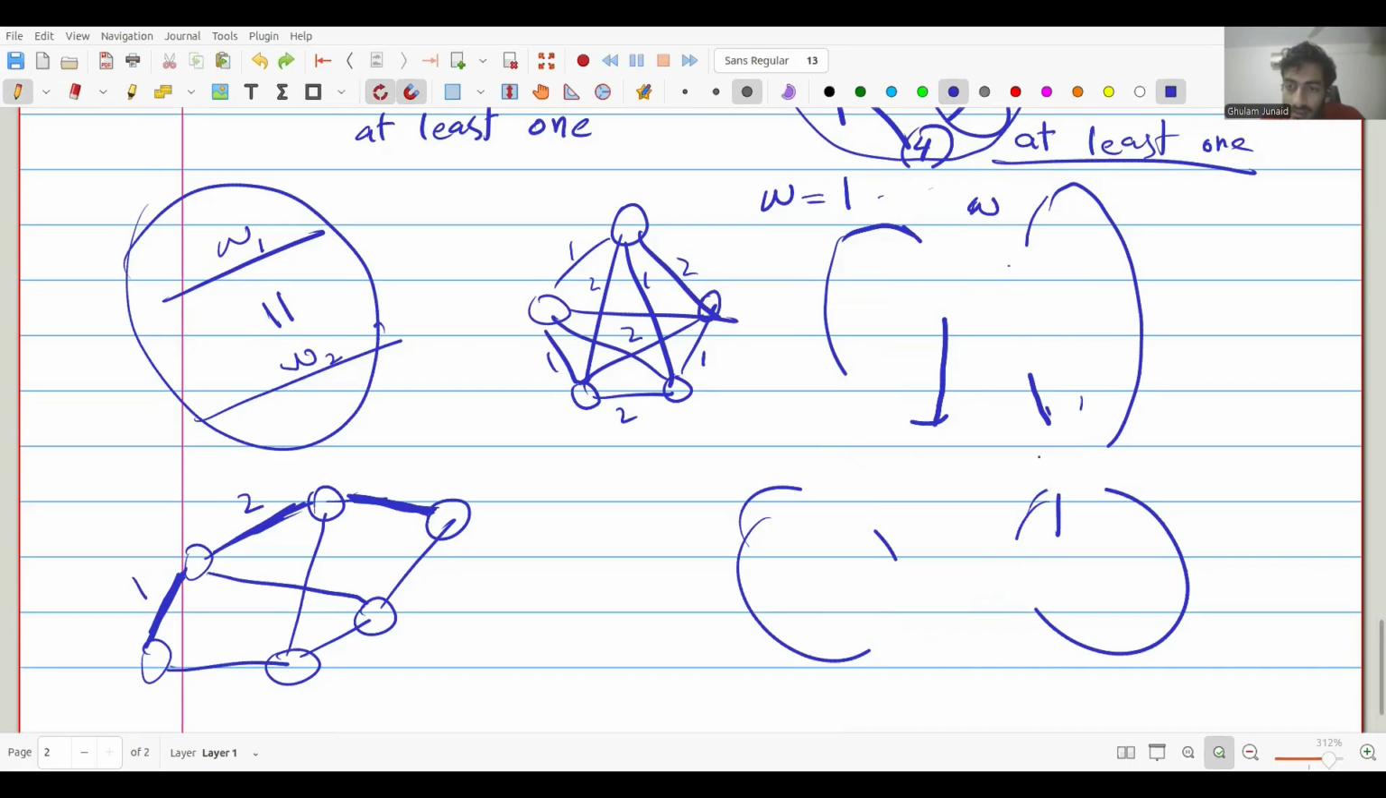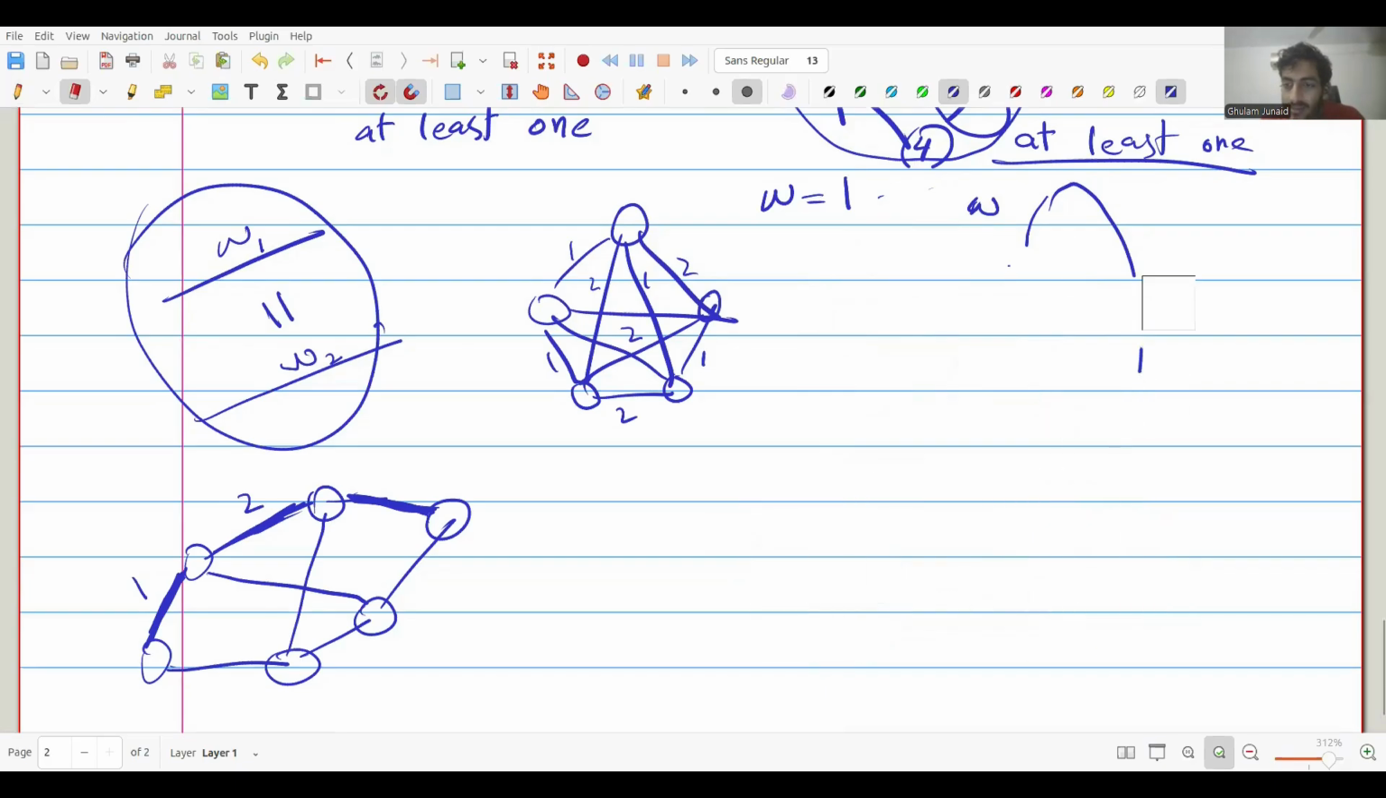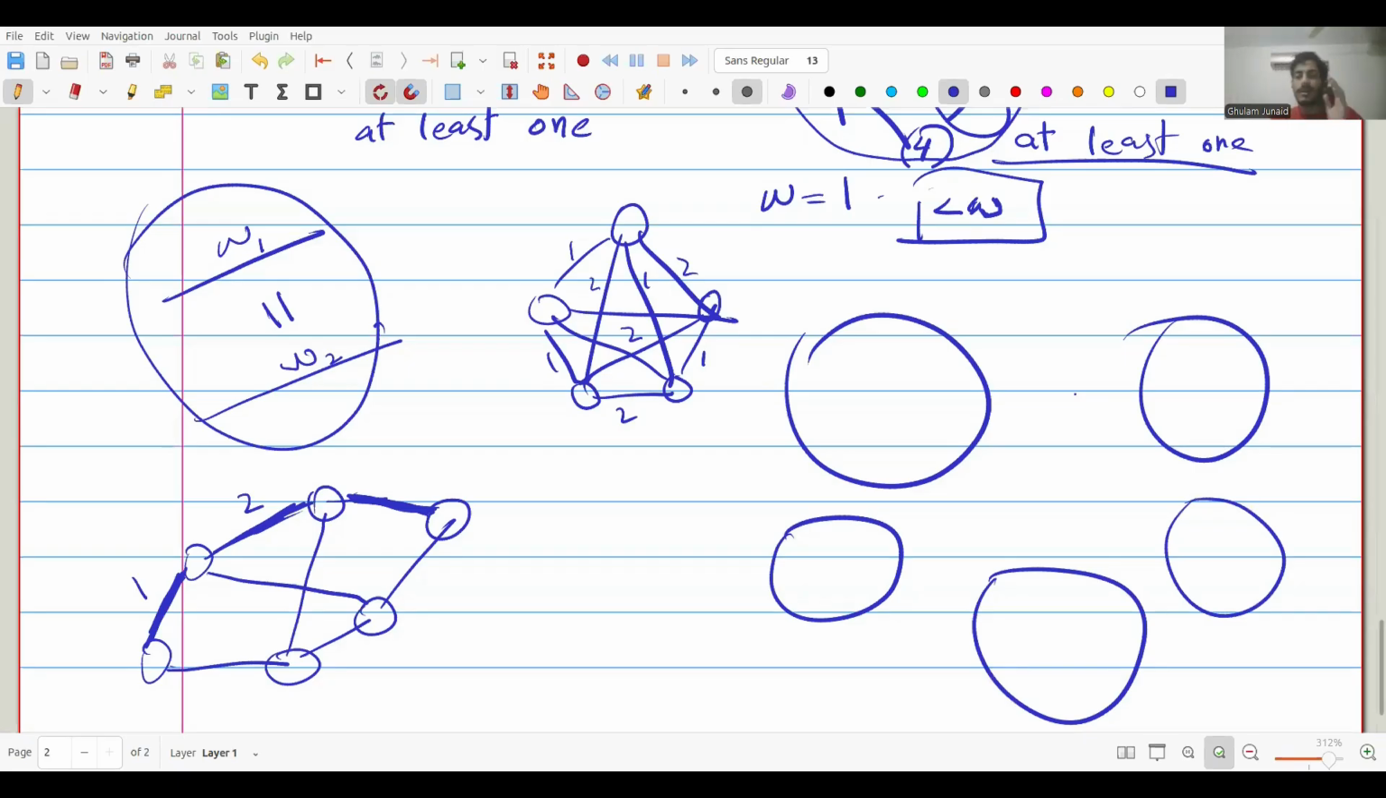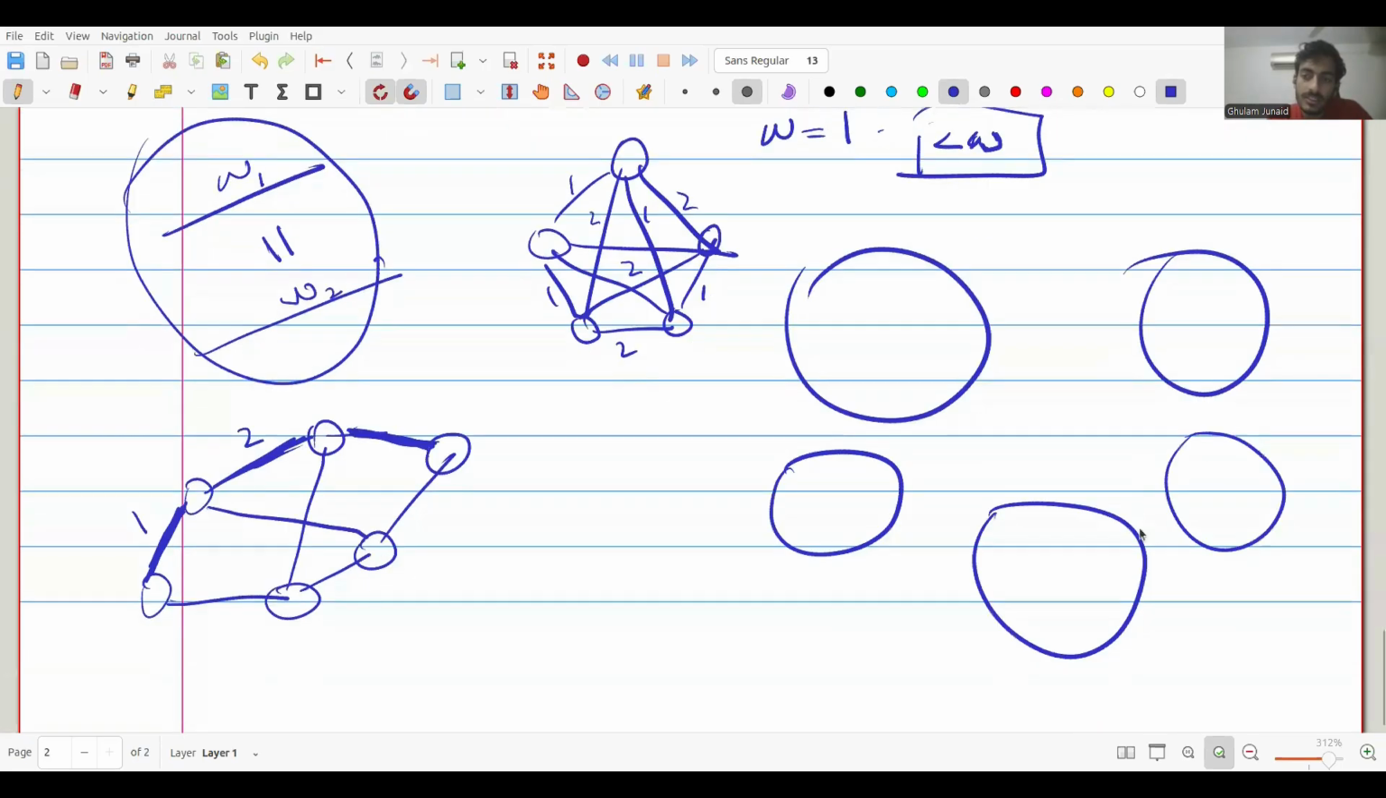Let me just erase everything. So if we have added every edge in the order, using Kruskal, every edge which is less than W and in the order, and it has given us some components, I'm just claiming that this is the best we could have, and we cannot interchange any edges. But when we see the next edge, which is equal to W right now,